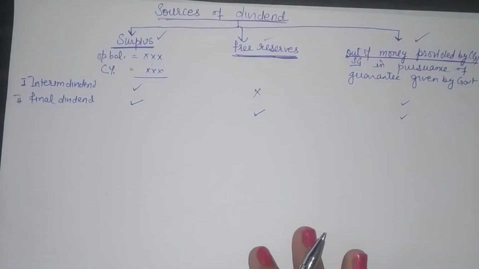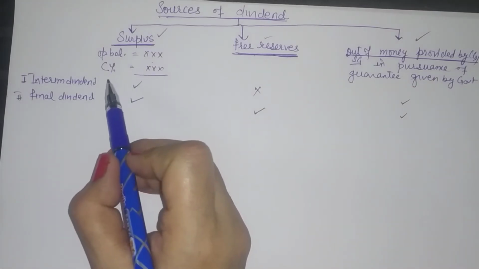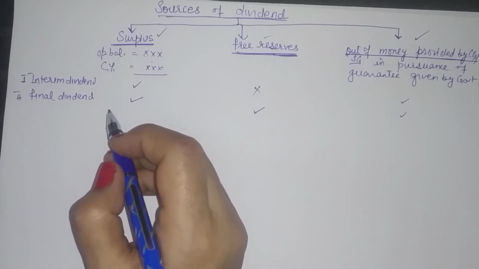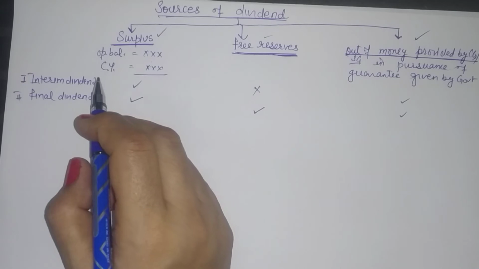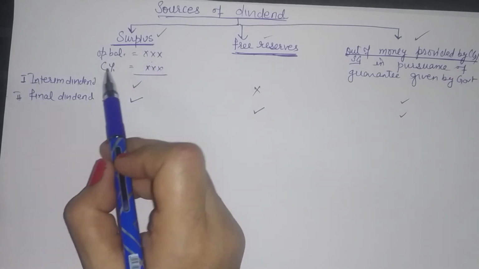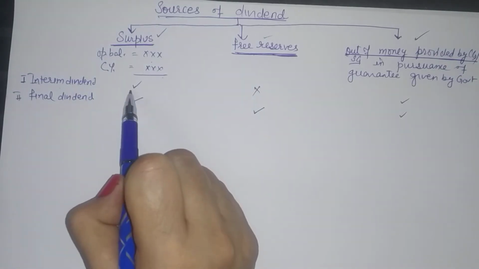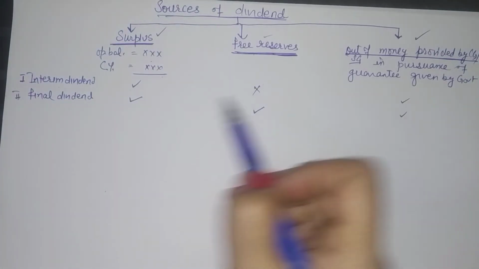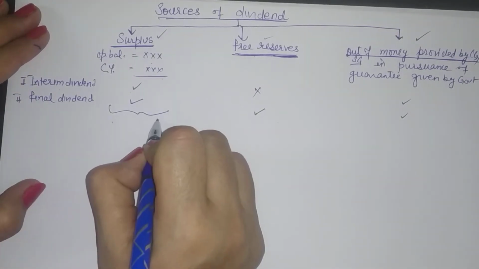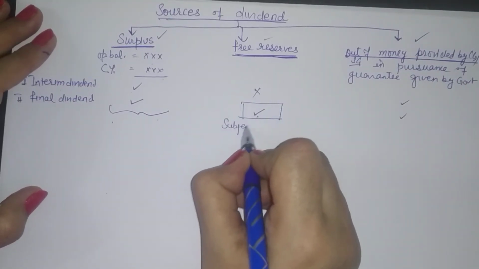Furthermore, the Companies Act provides for giving of interim dividend in a particular year even if the company is not having profits. So if in a particular year the company is not having profit in a quarter, but it wants to give dividend, it can still give dividend out of its previously accumulated surplus. So you can give interim dividend out of your previously accumulated surplus or current year profit. So this can be given, but you cannot use free reserves. However, final dividend can be given out of this. Now surplus can be used unconditionally. But when you come to free reserves, there are certain conditions attached to this.